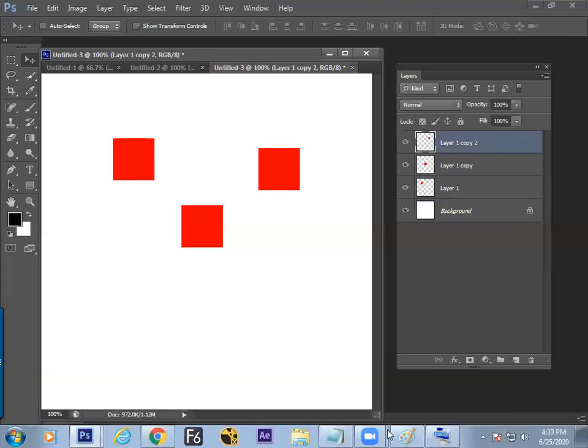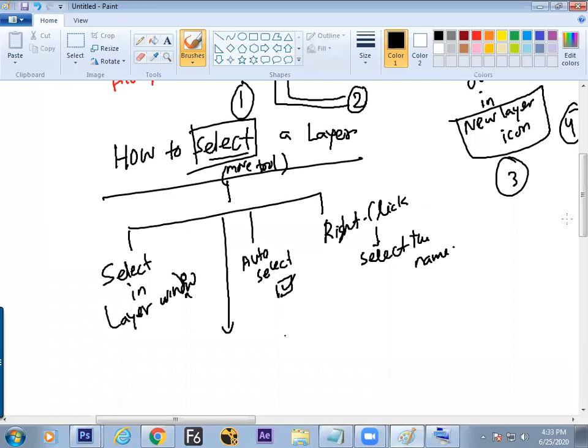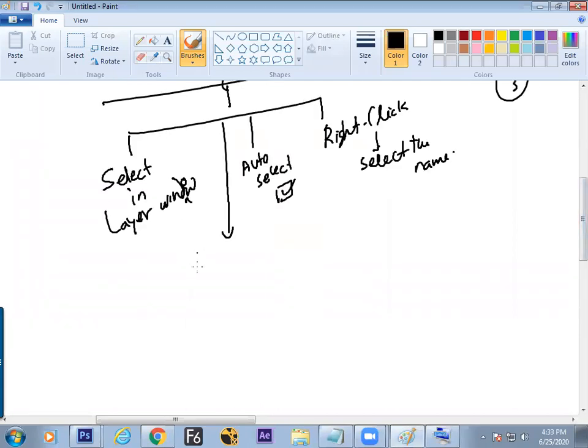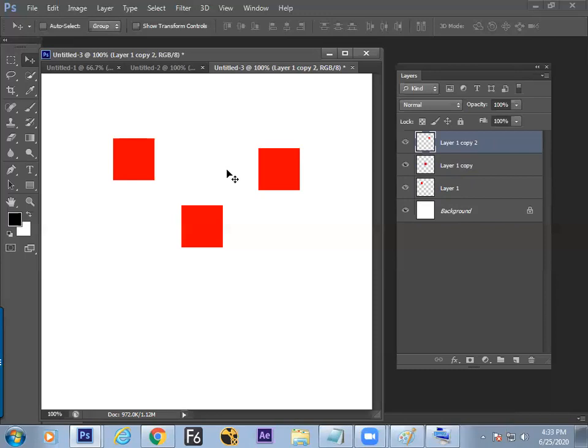Fine. So let us make a note. The keyboard shortcut to select is Alt plus open and close square bracket. It will select the below and upper layer above the selected layer.